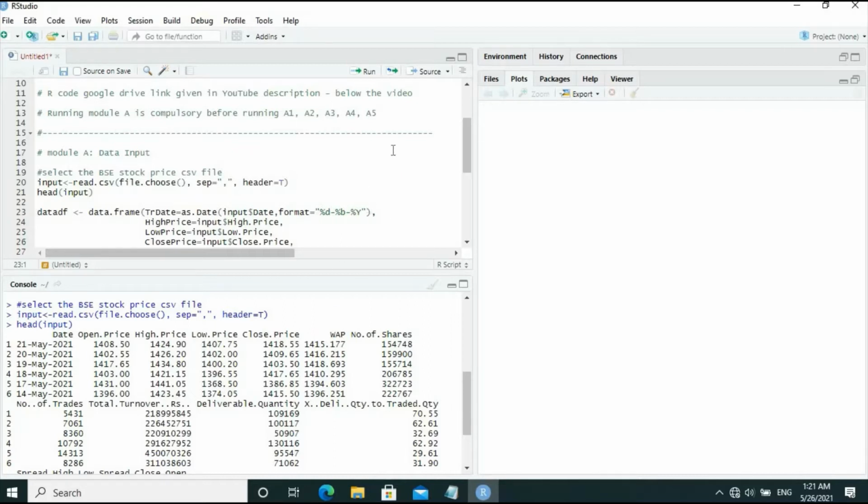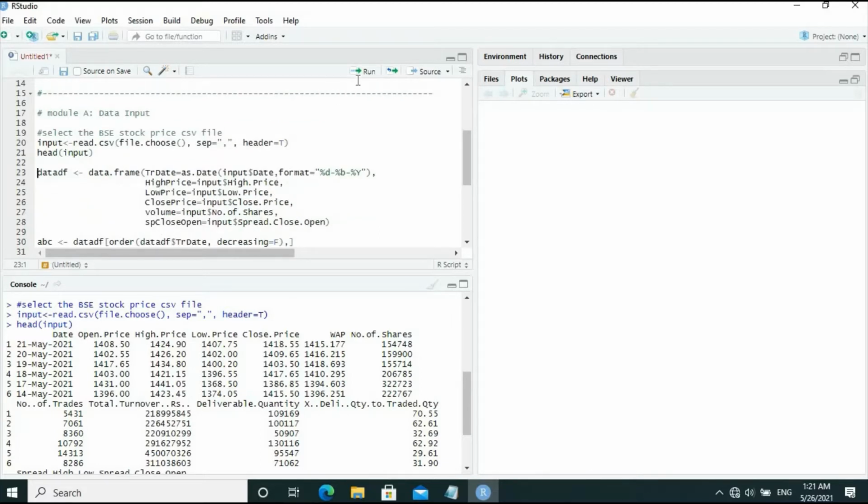Let us now make a data frame and then store it in data.df, with the format of the trading date being redefined and also making marginal changes in the other variable names.